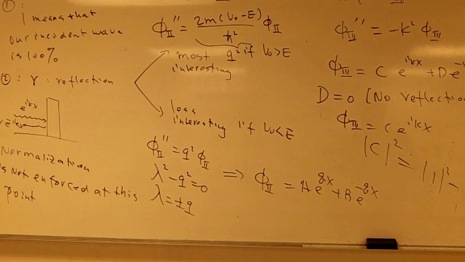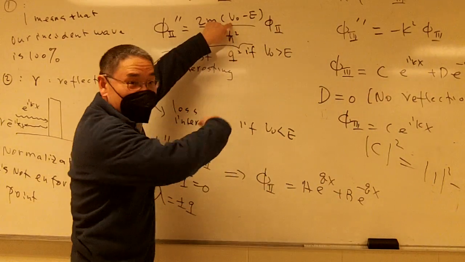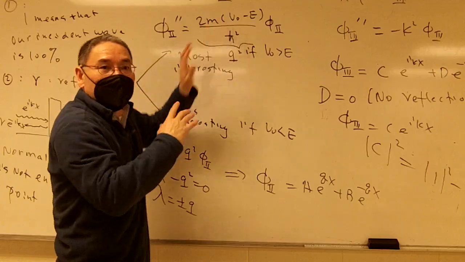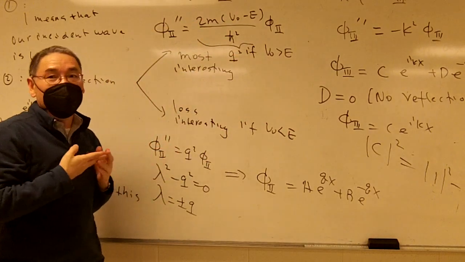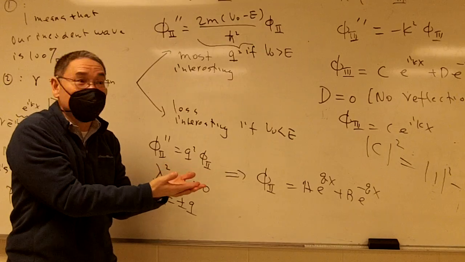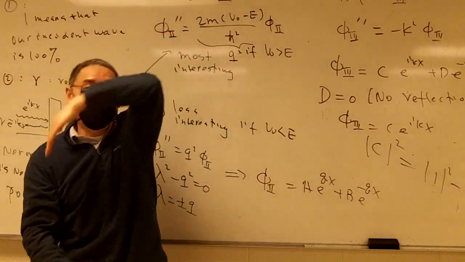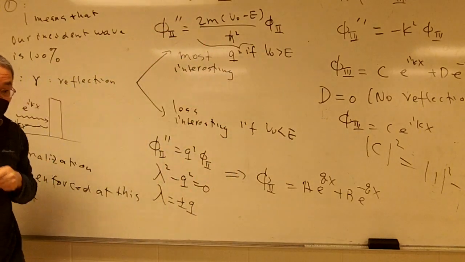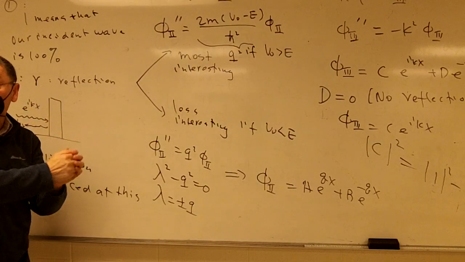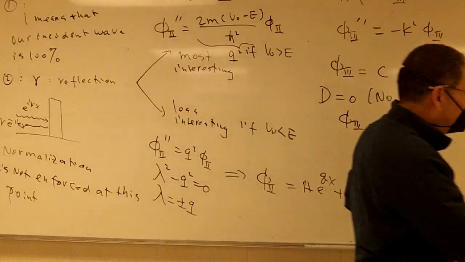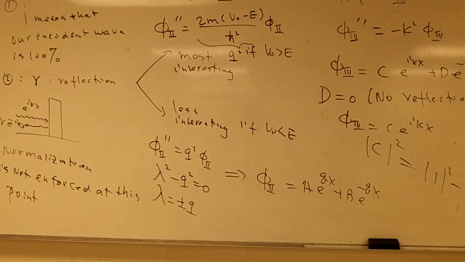So V0 is a barrier you want to cross. But E itself is how much energy is given to the particle. There are two different things, you understand. One is how big a barrier you have. The other is how quickly you want to push these particles through it, how large the energy is that is sent into them. And this is supplied by the battery itself.